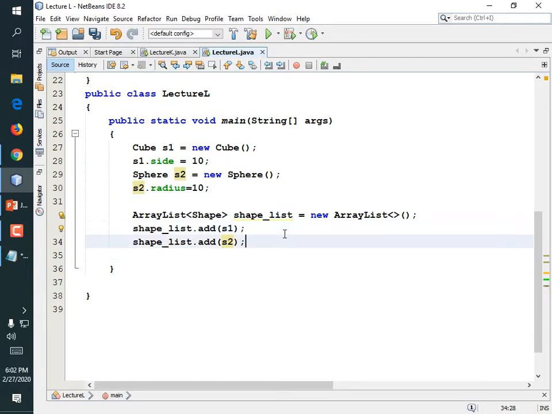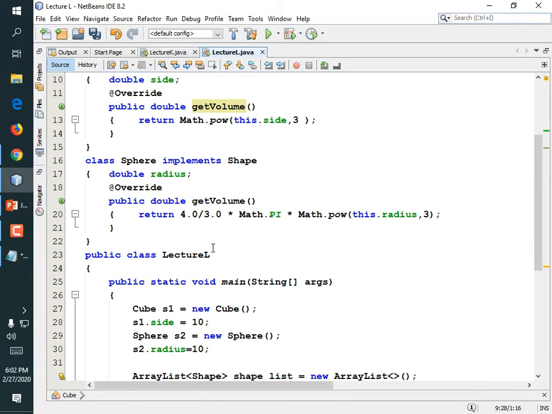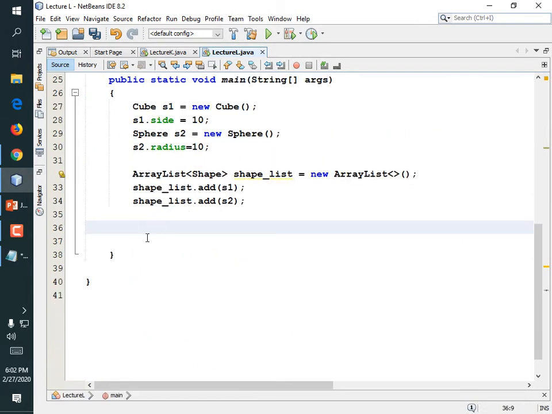Yeah, I know that. Alright, and now we're going to make a for each loop that goes and prints the volume of each shape. And it knows that it can call the get volume method because it's guaranteed to. Every shape has to have a get volume method if it has that word, implements Shape. So, good old for each. For shape sh, whatever, colon, shape_list. So for every shape in the shape list,